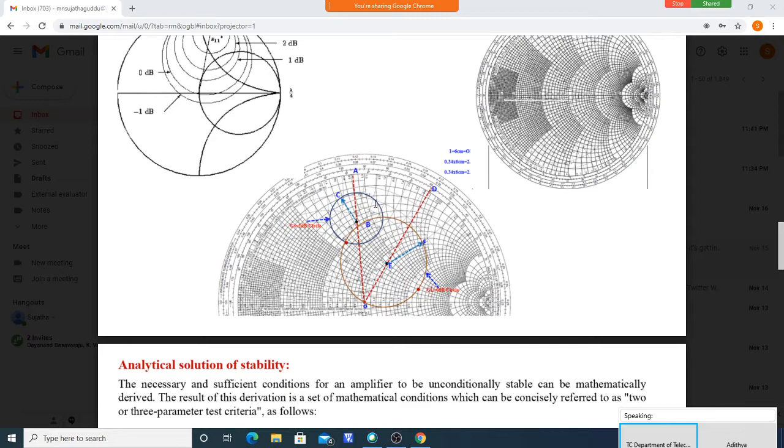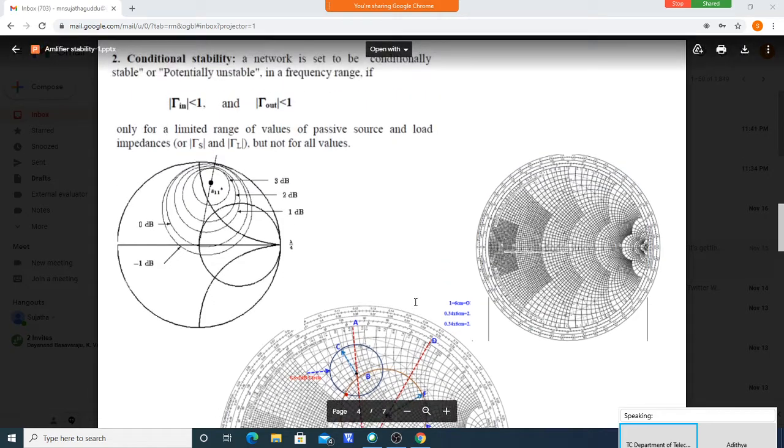So as we know, this is a gain circle. Up to the previous class I was telling you that to get a constant gain of 2 dB, you can take any value over the circle, but actually any value we cannot take. We have to choose a particular value. So how to choose? Why we cannot take any value over the circle? That we will see now. That is called the stability consideration.